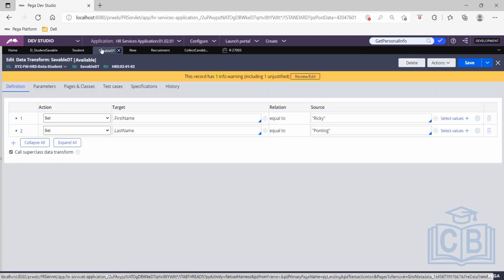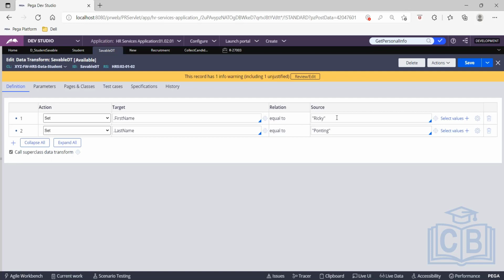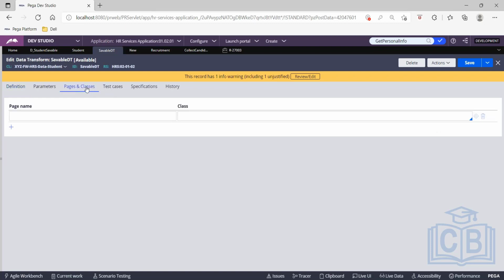Yes. And in fact, we can also pass this as an input from the user directly. So instead of here, the primary scope is going to be your data dash student. So even I cannot use the primary. Instead, what you have to do is list out your py work page on the clipboard, and then py work page dot first name would be your